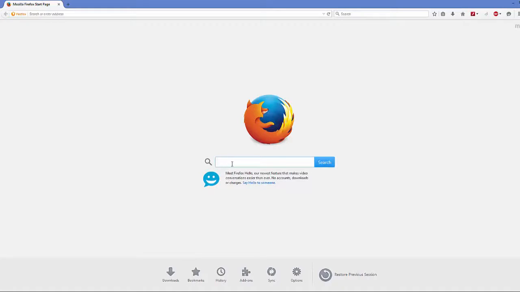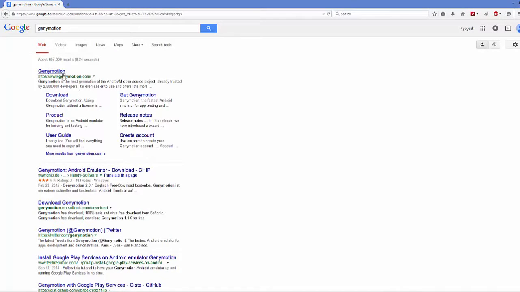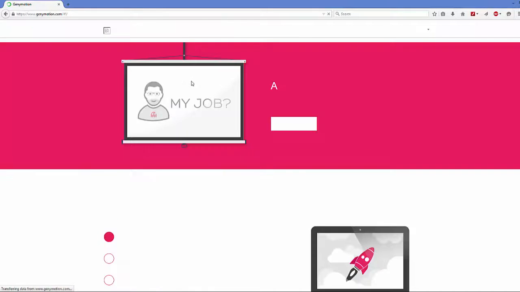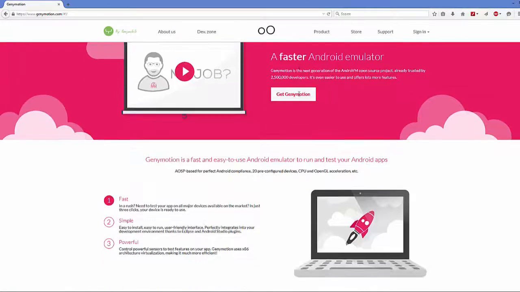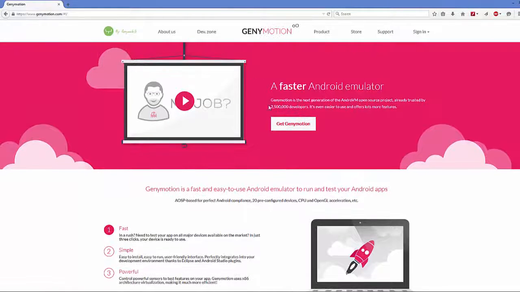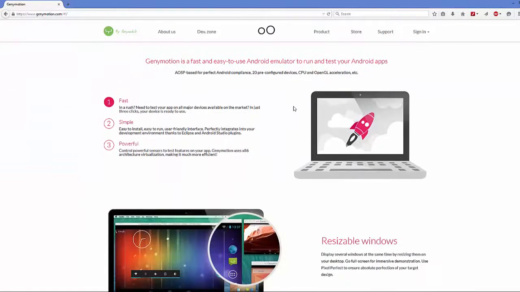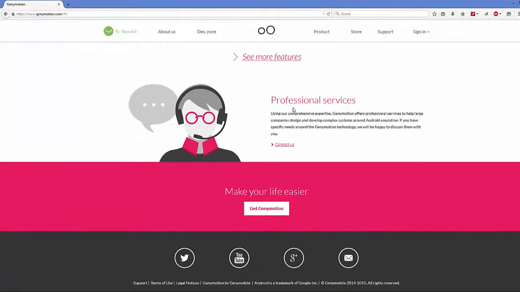So just open your favorite browser to download Genymotion and search for Genymotion. And the first link most probably that will appear here will be from genymotion.com. So just click this link here, and in here you will be able to see more about this Genymotion emulator and stuff. If you need to download this Genymotion, you just need to go to the bottom and just click